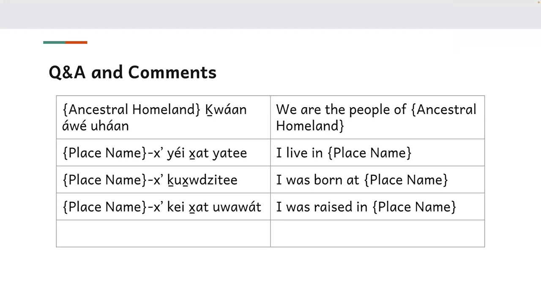What about if where you're from isn't a native place? How do you just say the name of where it is and add that pinched X to it? I would, and also depending on your audience too, and the purpose. So, do you want to share the place name that you're thinking of? Well, I am currently living in Sherwood Park, and I was born and raised in Victoria. Oh, cool. So if you're thinking of the audience you would be introducing yourself to, would they all know the place as Sherwood Park?